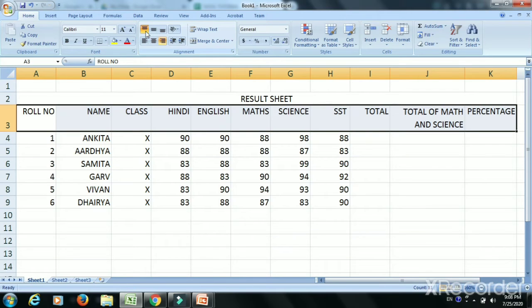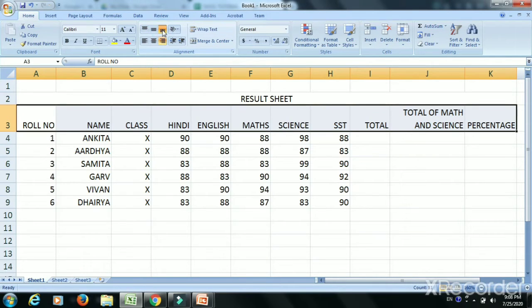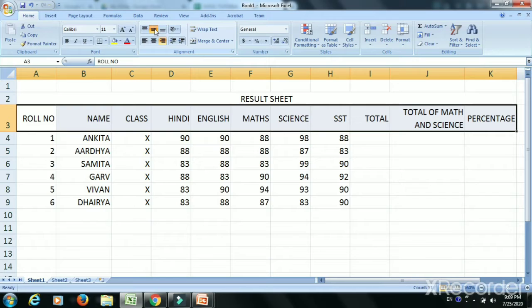You can see all the data is appearing at the top, and if I want to show them at the bottom, I will take the bottom alignment. But I think it was looking better at the center alignment, so I am taking the middle alignment here. So this is the way we can arrange our data in left, right, center, or top, bottom, or middle alignment.